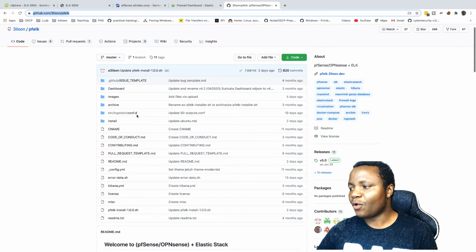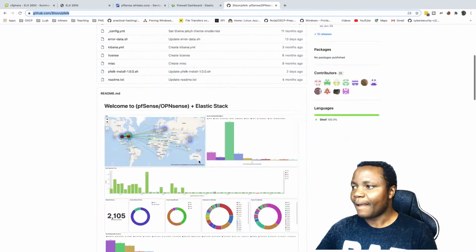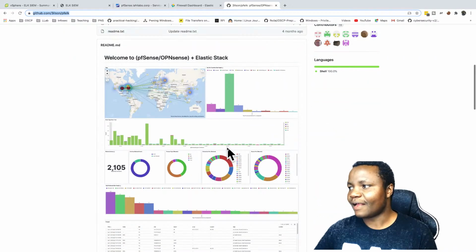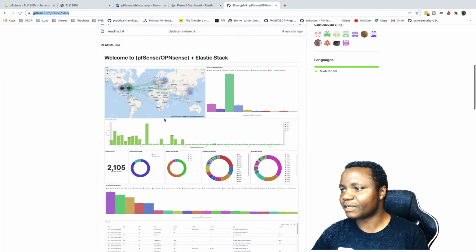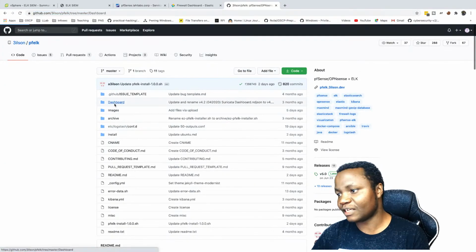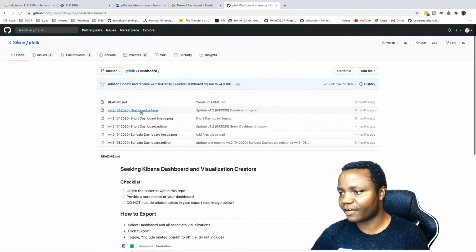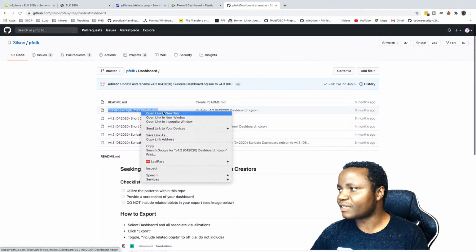So now that you know where this project is, when you implement it, you end up with something similar to this. I imported their dashboard, which the importing process for the dashboard that you're looking at is literally coming in here. You open this in a new tab somewhere,